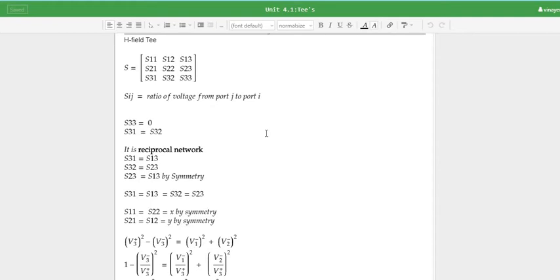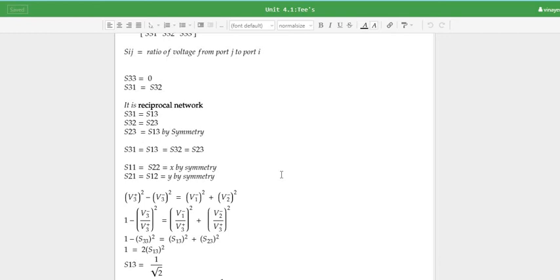Now let us do the energy consideration. Assume that we have an input at port 3. That input is termed as V3 plus because it is the incident wave. The power is V3 plus square. There will be a reflection at port 3 given by V3 minus, and there will be output waves at port 1 and port 2 given by V1 minus and V2 minus. The sum of energies of the output at port 1 and port 2 will be equal to the input incident energy minus the reflected energy at port 3. So V3 plus square minus V3 minus square is equal to V1 minus square plus V2 minus square.